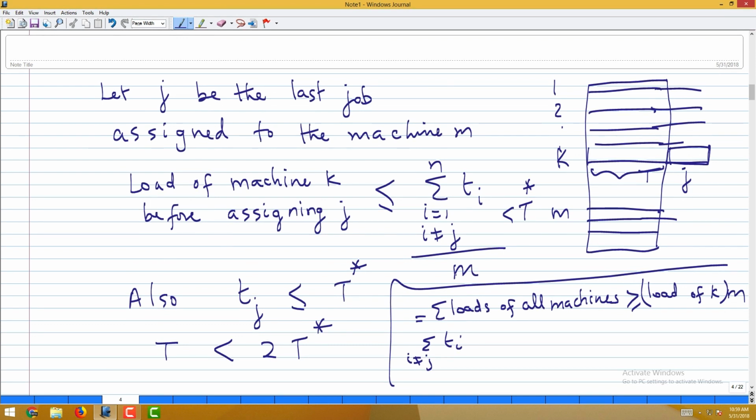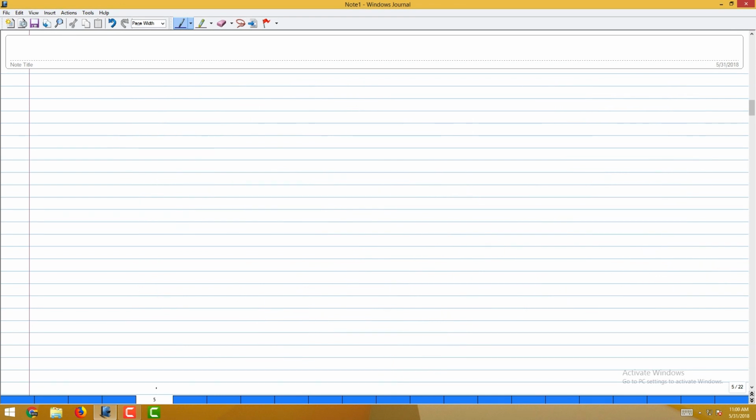So, now let us think about how to improve the approximation ratio. First of all, here is an example which will actually achieve an approximation ratio of 2. It's useful to have such an example. Let us say the number of jobs is m into m minus 1 plus 1, where m is the number of machines. Each of these jobs has time 1